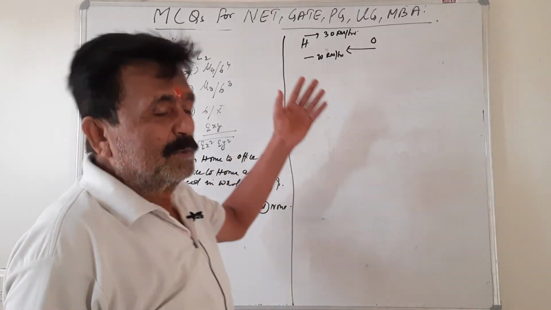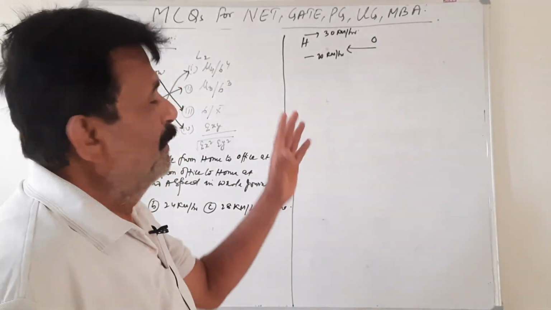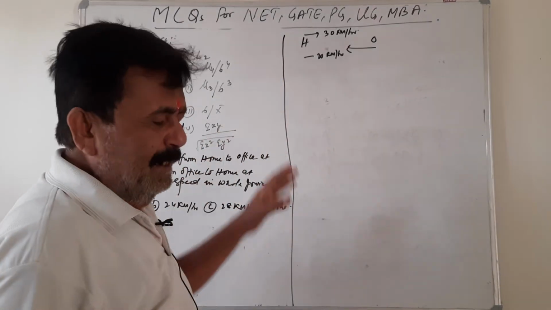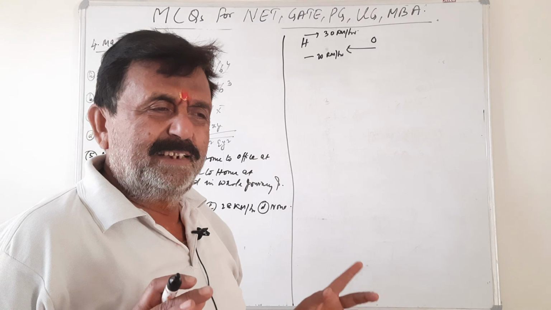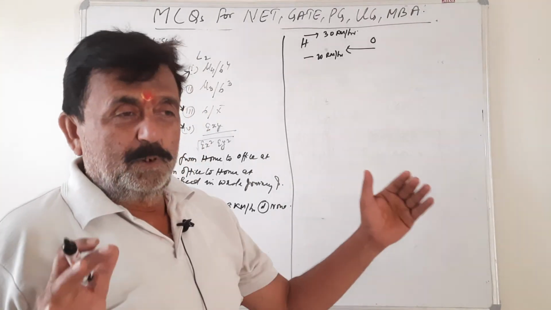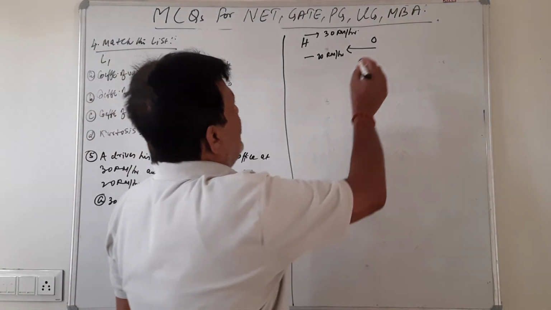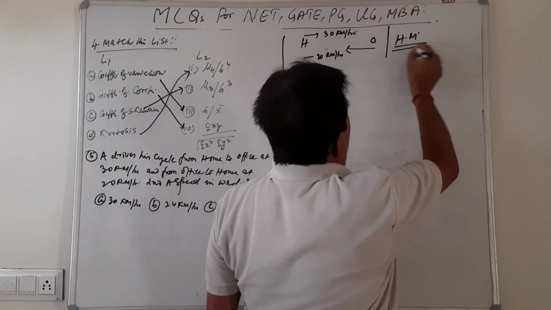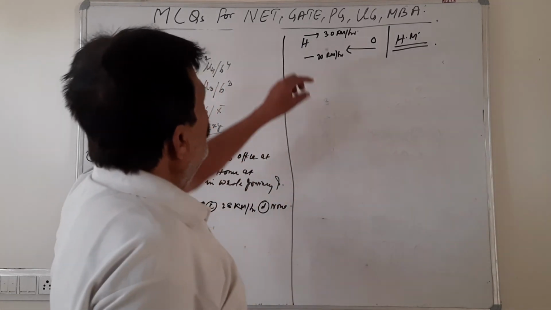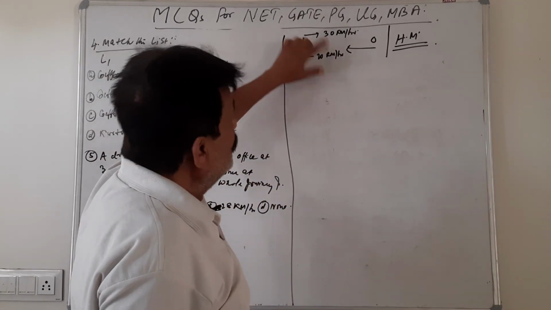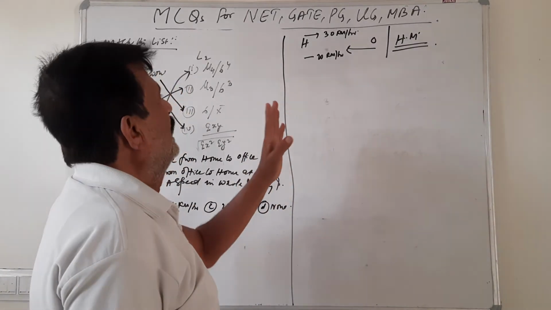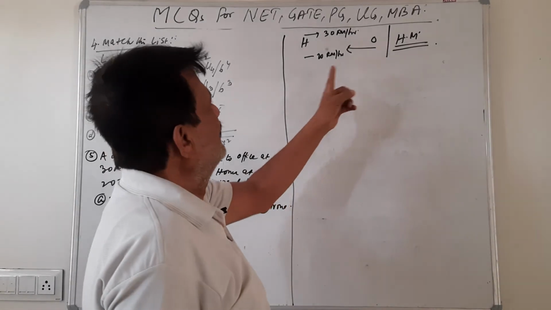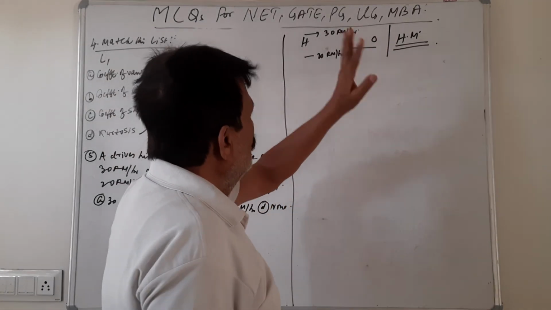On an average, students would try to solve this sum with the help of time and distance, but no, you must keep it in mind that in this type of sum, where we have several average speeds and we have to find the average speed of the whole journey, in such a case we have to use harmonic mean. So the harmonic mean of these two speeds would be the average speed in the whole journey. So instead of approaching the sum through time and distance, this must be solved with harmonic mean.